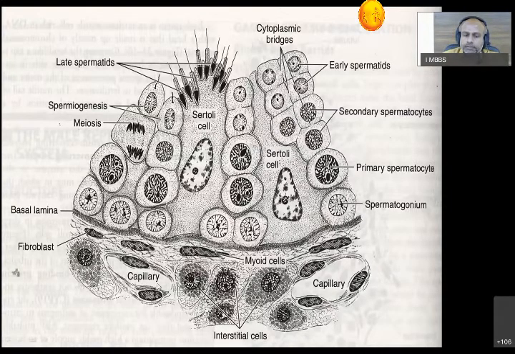Beyond the basal lamina, you have the interstitial cells or Leydig cells secreting the testosterone hormone, which is readily delivered to these Sertoli cells by paracrine effect. Endocrine is different, paracrine is different, autocrine is different. In the next lecture, I will ask you what is meant by autocrine, what is meant by paracrine, what is meant by endocrine. What is the difference between these three terms? Paracrine: once the hormone is released, it is readily delivered to the adjacent cell.